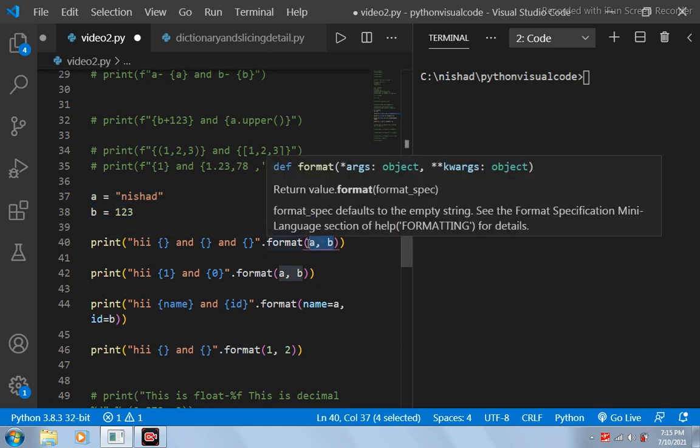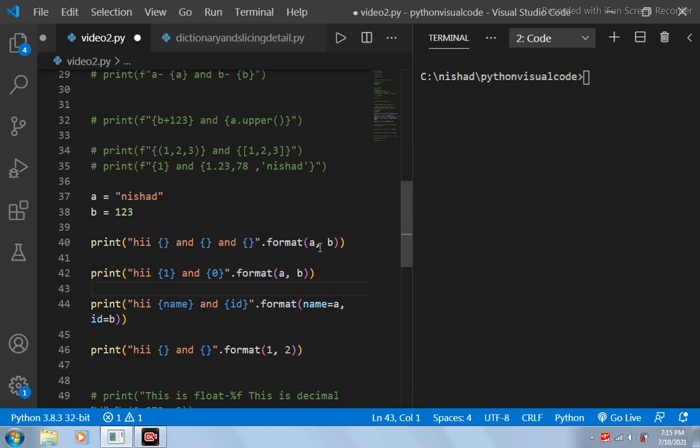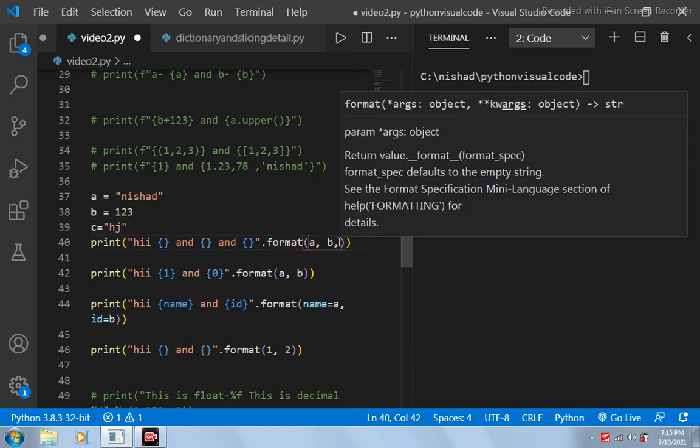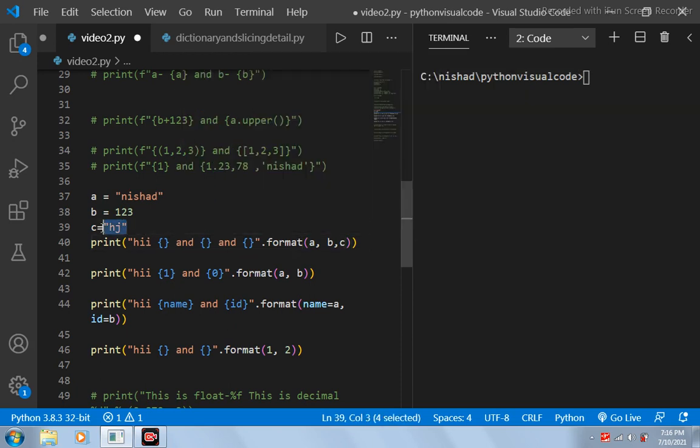Now what will happen is, see, the value of a will be put over here, and the value of b will be put over here. Let's say I specify another variable, c, and give it a value, sj, and then I have to give this variable to this function as an argument.